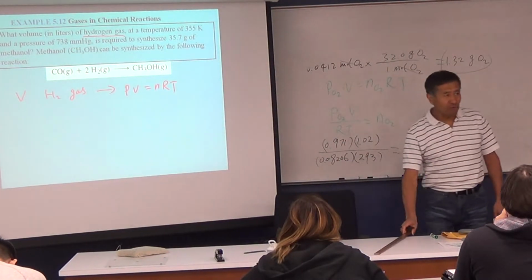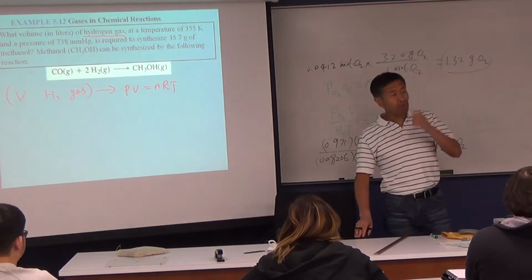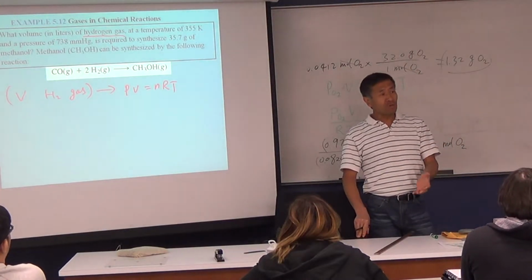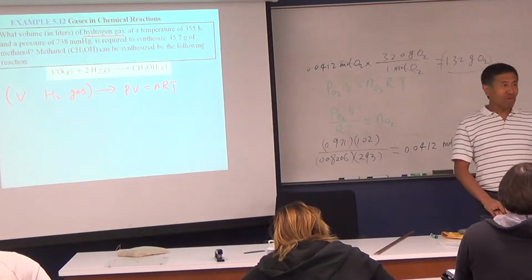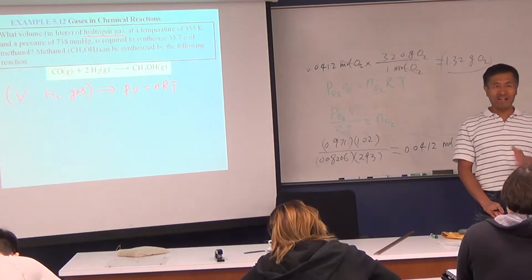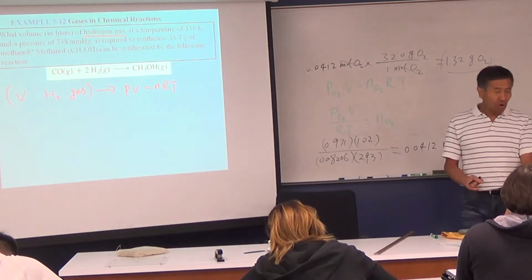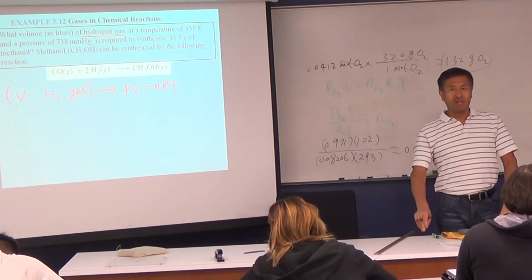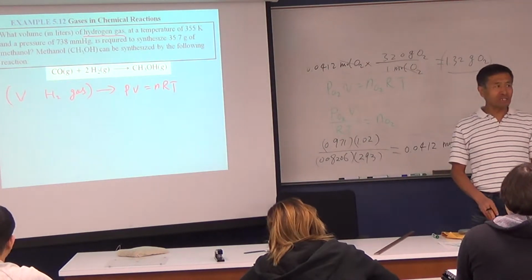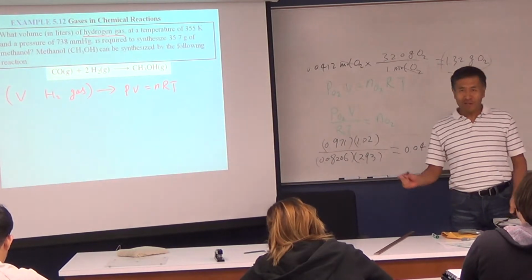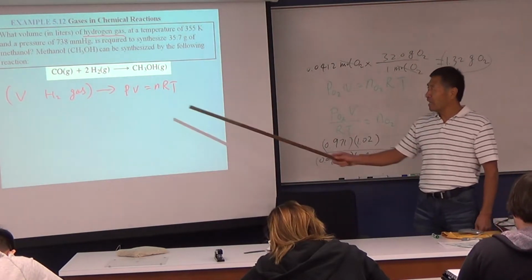Okay? So we start from this. That is what you want to find out. So that's the usual way to solve the problem. Just see what you want to find out. Then you think about who or what is connected to what you want to find out. If you want to find the mass, you think about what has to do with mass: density, molarity, mole, all of those have something to do with mass. If you want to find the volume, you think about what has to do with volume. Well, density has volume in it, molarity has volume in it, and obviously this is about gas. Therefore, you're going to use gas law, and the gas law PV = nRT has a volume in it. If you want to use this equation to find the volume,